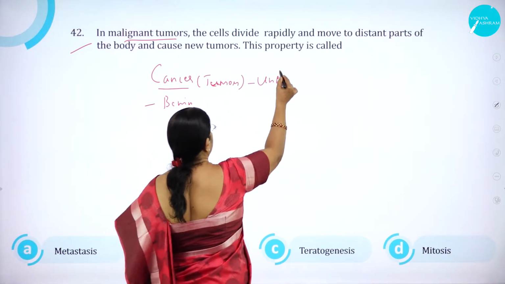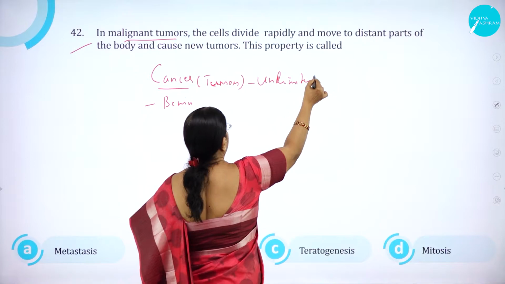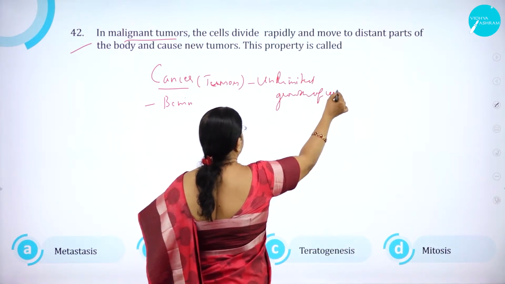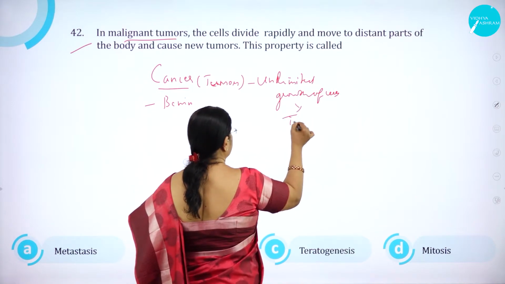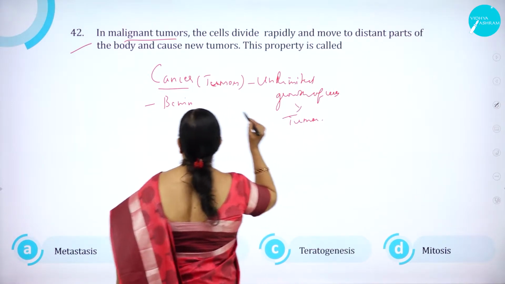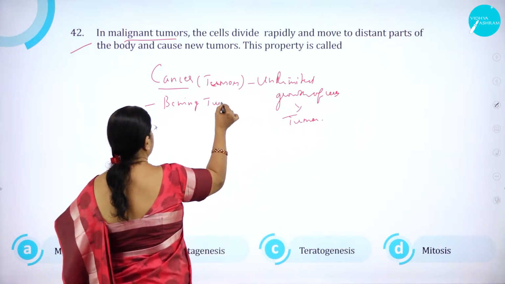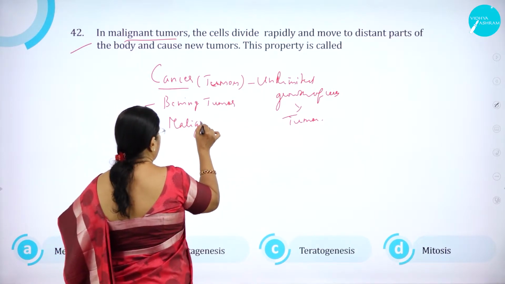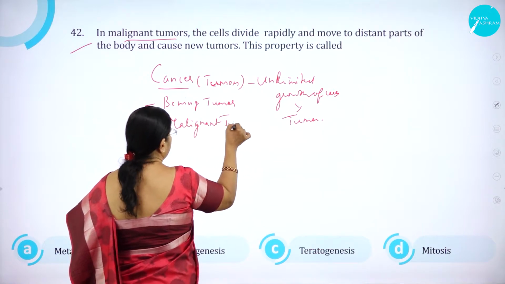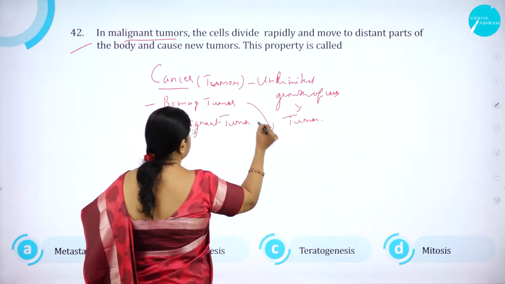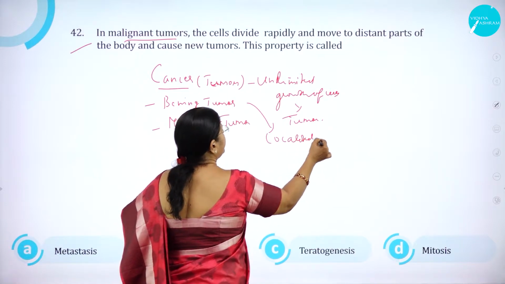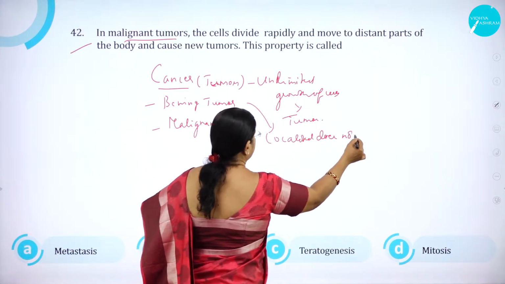Unlimited growth of cells leads to what? Mass of cells called tumor. Benign tumor and malignant tumor. This benign tumor is localized, does not spread